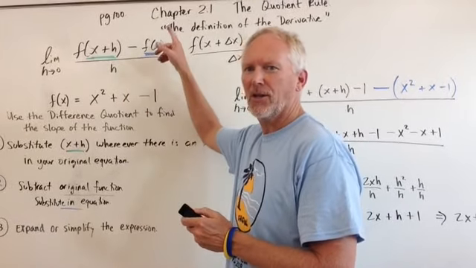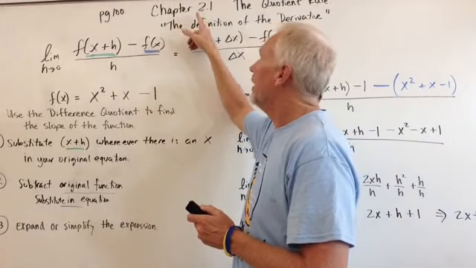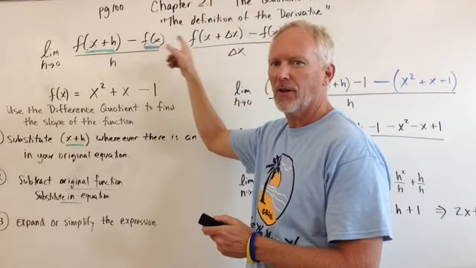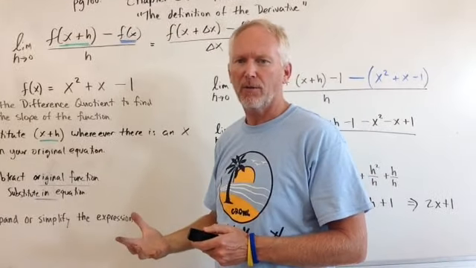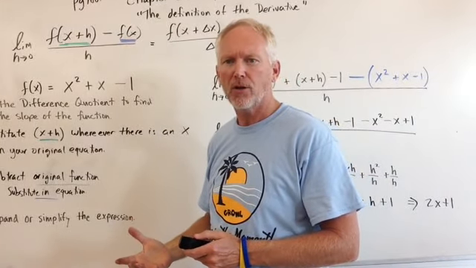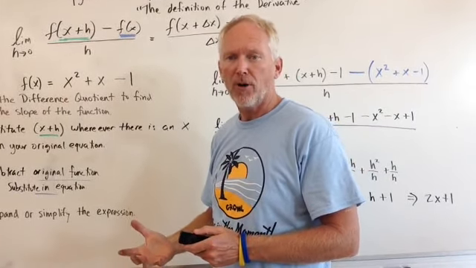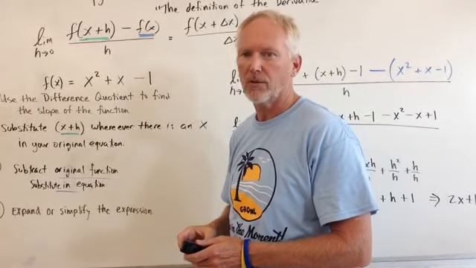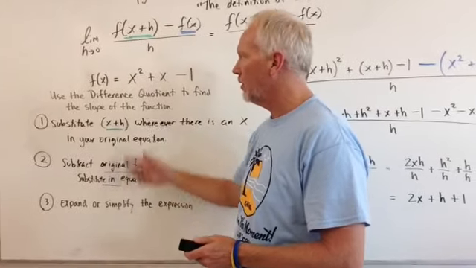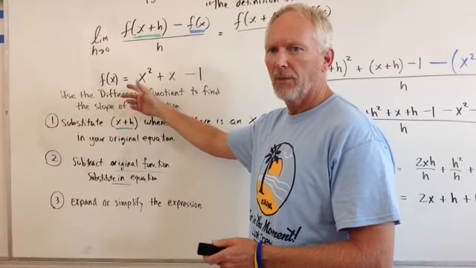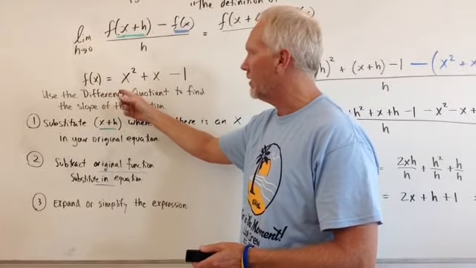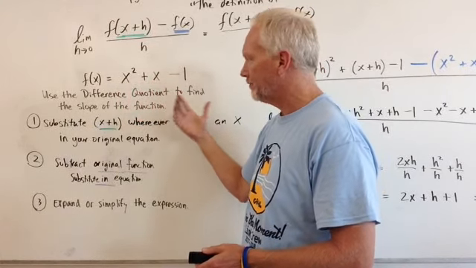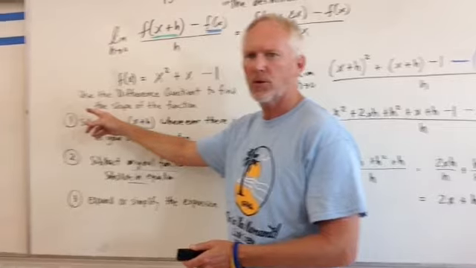We're talking about today chapter 2.1, the quotient rule, also known as the definition of the derivative. It's how we can find a derivative of a function or a slope of a function with the help of the difference quotient. So here we go. The problem says, given that f of x is x squared plus x minus 1, use the difference quotient